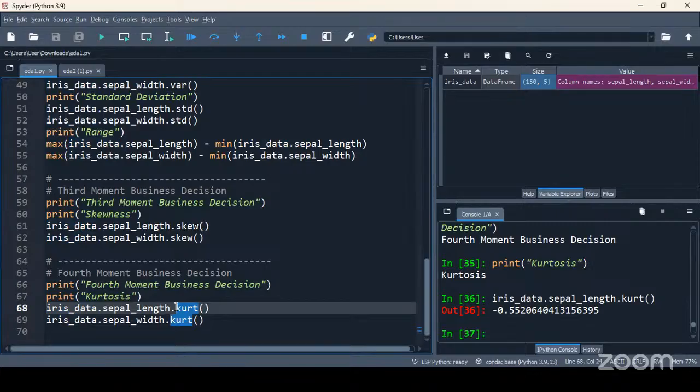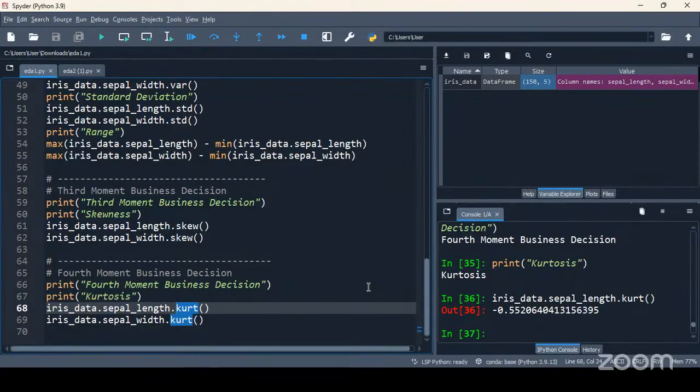What can you identify from this value? The data is not concentrated at one point. If it is negative, obviously the peak will be wide. The data is not concentrated; it is spread across the plot. In that way, we'll try to get the insights.